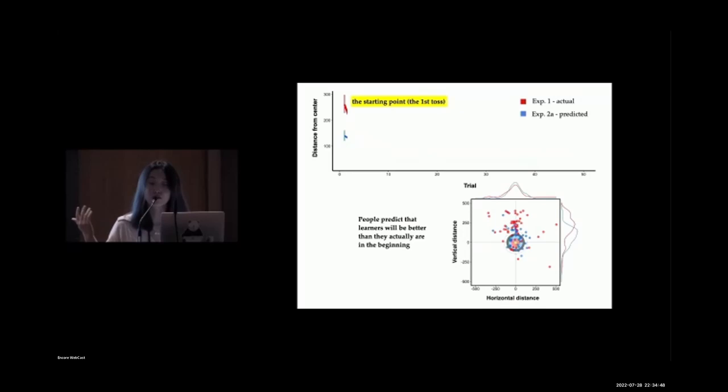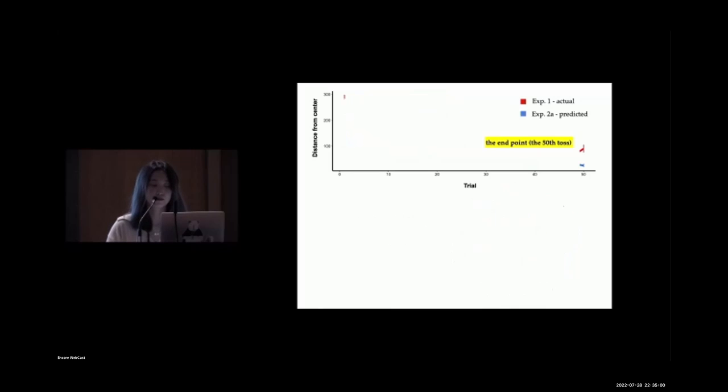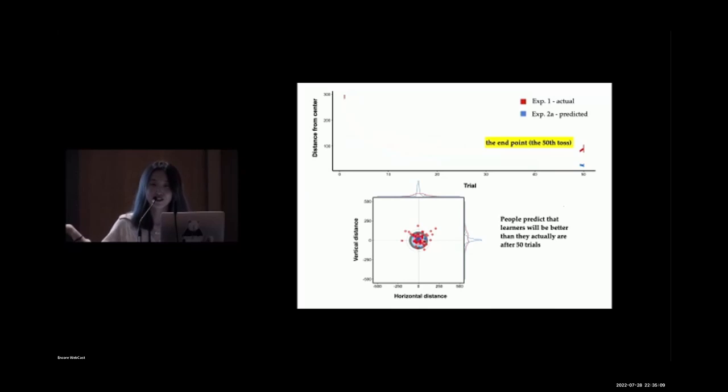Interestingly, though, as you might have noticed here, participants are quite accurate at predicting the direction of errors. They predict that people are more likely to overshoot rather than undershoot at their very first task. Now looking at the endpoint, participants also predicted that learners will be better than they actually are after 50 trials. Here you can see really obviously with both the density plot and the very clustered blue dots, the participants predict that learners will basically be at around the bullseye,